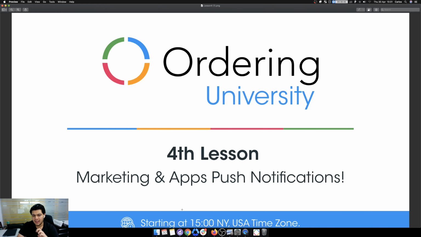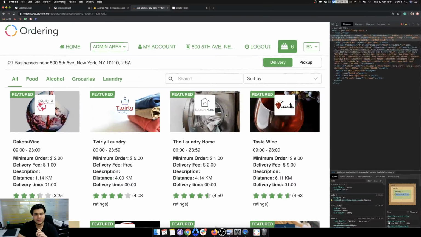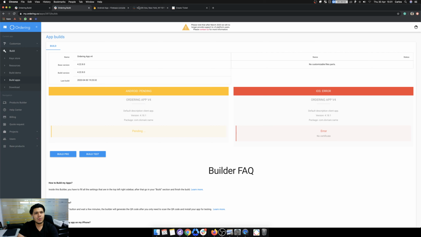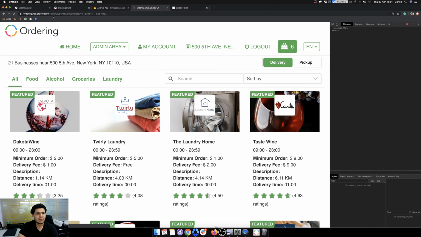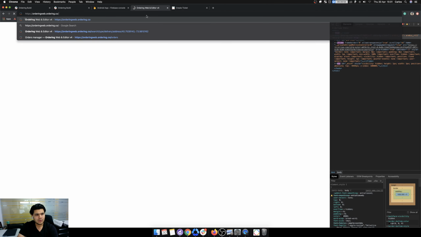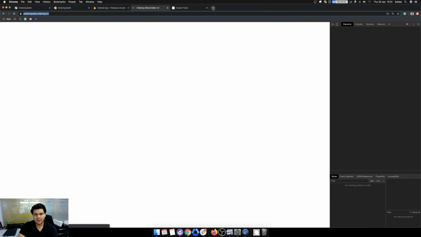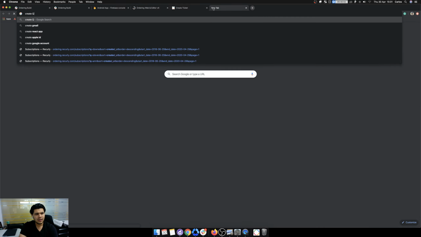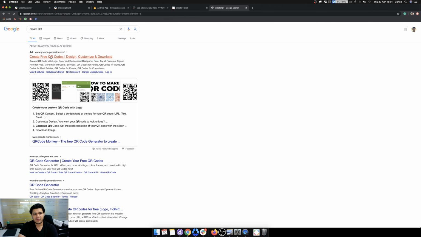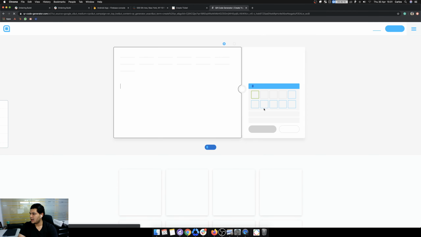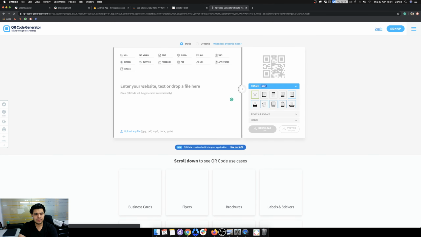So if you put any URL from the ordering website, for example, if you want the customer to be sent to your home, for example this one, you have to create the QR code. Just use this app,